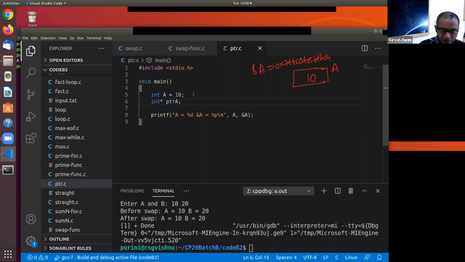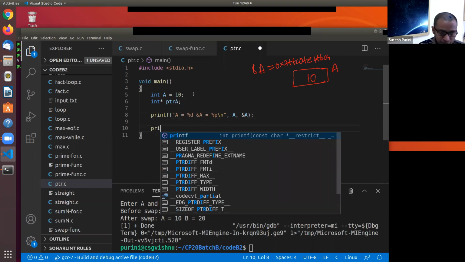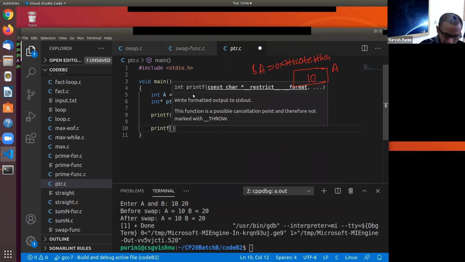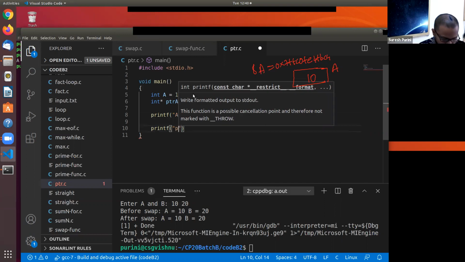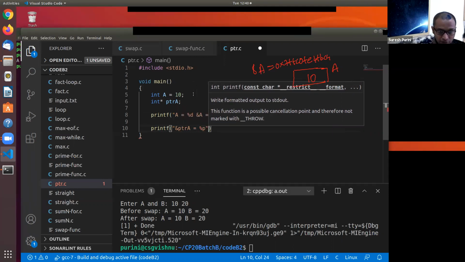Since ptra is also a variable, it is also allocated memory somewhere, right? So let's print the address of ptra: address of ptra is equal to %p.